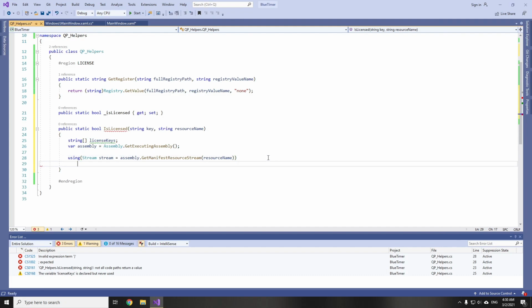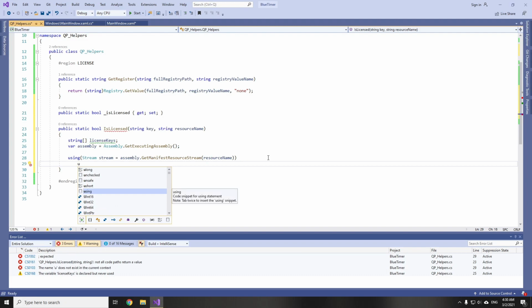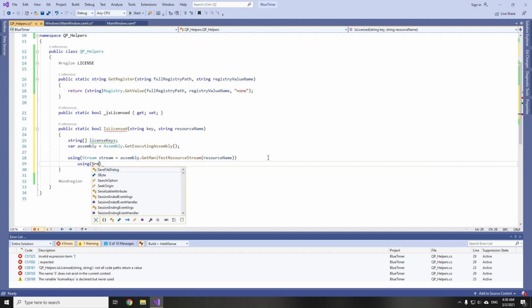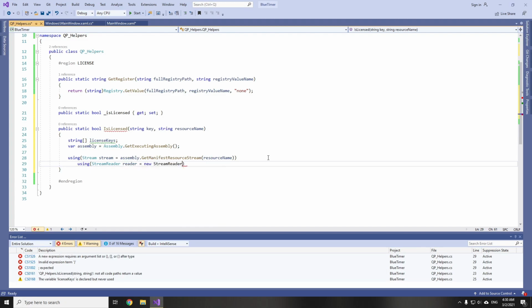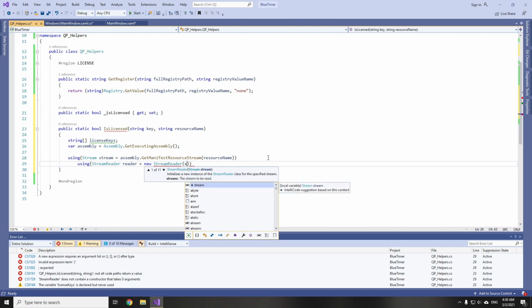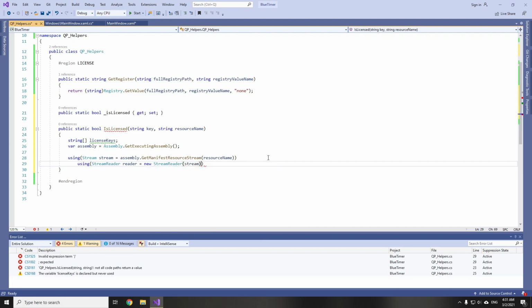So, and below this using we will have another one for a stream reader. So using StreamReader called reader, initialize it with the new StreamReader, and here we pass our stream.